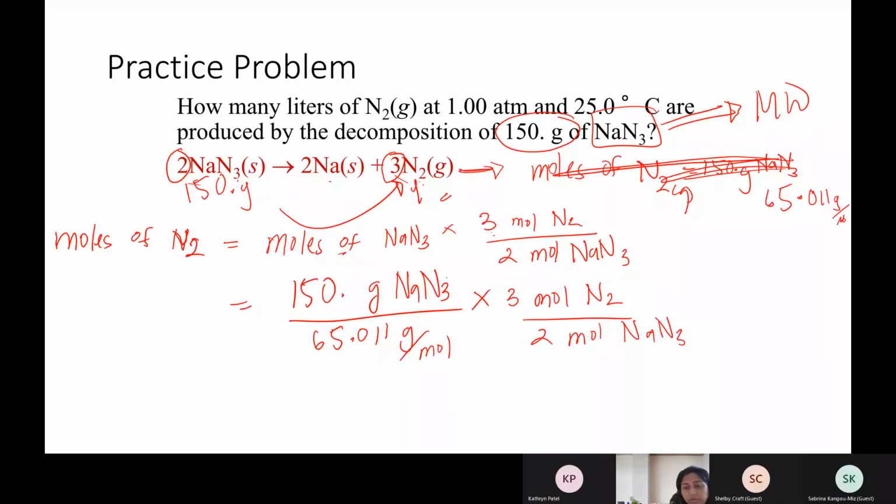Right. So grams cancel out, moles of NaN3 cancel out. We'll get the answer in the moles of N2. So what would be that? The 150 multiplied by 3 divided by 65.011, that would be